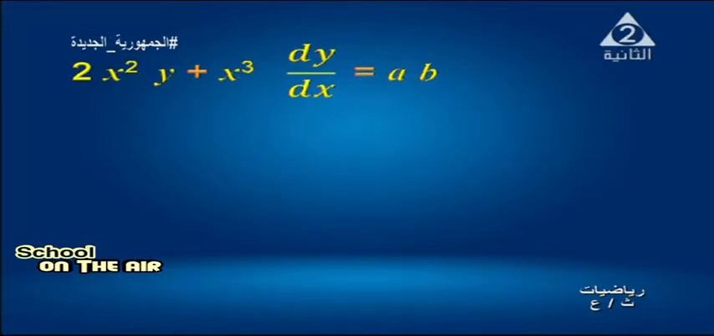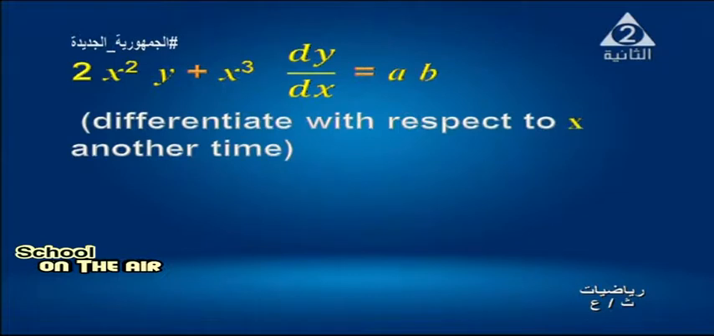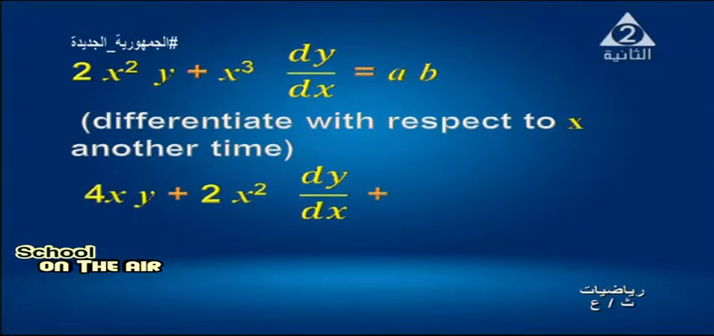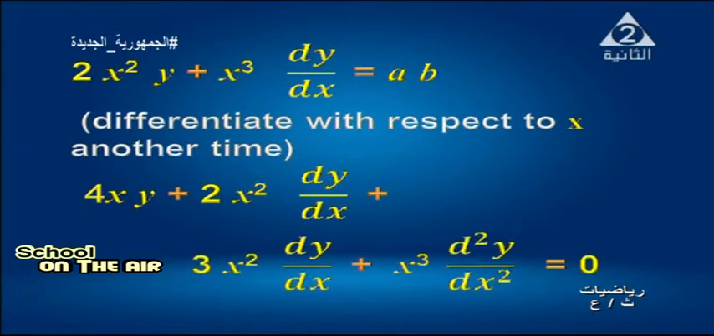Note that the right hand side is a constant. A times b is a constant value. Then if we differentiate both sides with respect to the variable x another time, the derivative of 2x power 2 y is 4x times y plus 2x power 2 times dy dx, plus the derivative of x power 3, which is 3x power 2 times dy dx plus x power 3 times the second derivative of y with respect to x,